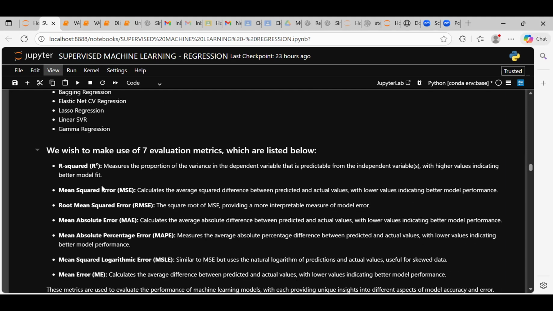So now I make use of 7 different evaluation metrics. I made use of R squared, mean square error,